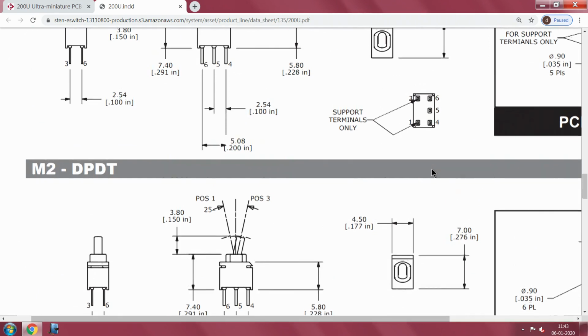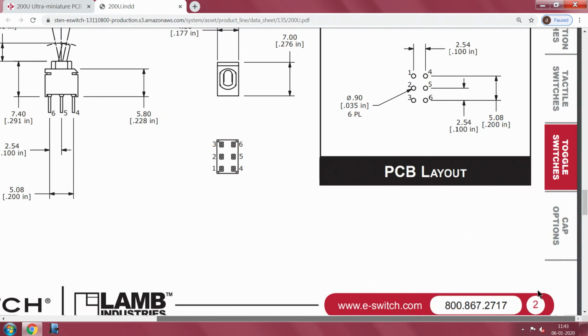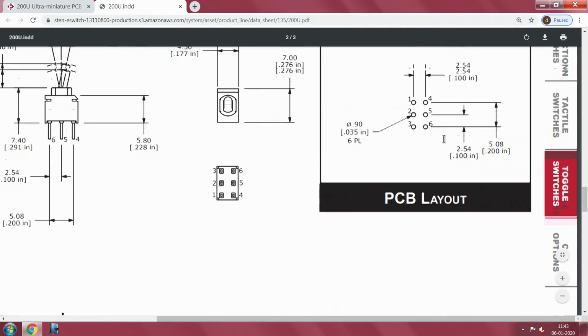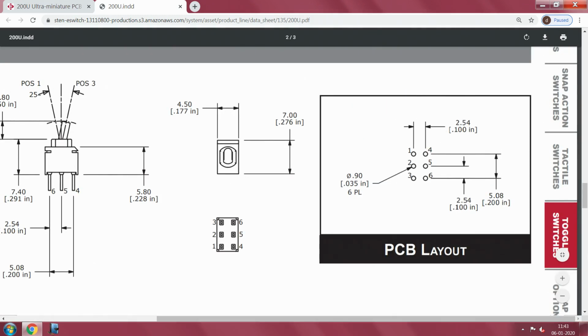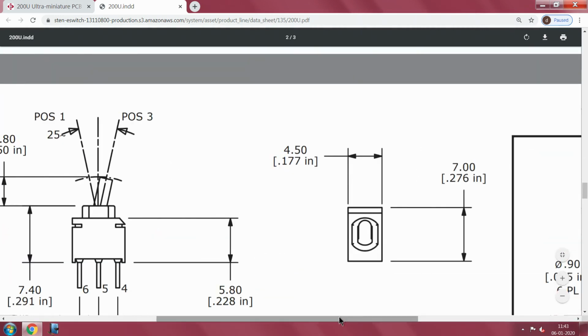Why this is, in general from a mechanical point of view, unless at least two of the terminals are mounted as far apart in the corners of the unit, chances are it will get damaged. To make it universal mounting and all that, they have in fact made this for the double pole double throw also. Now, you see here very nicely, the whole thing is mentioned here.